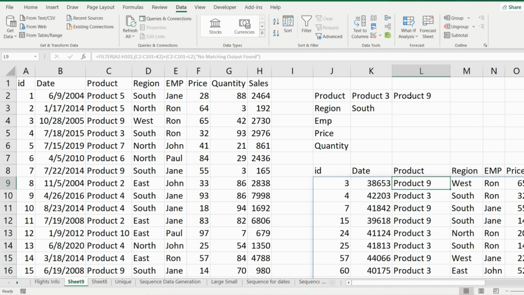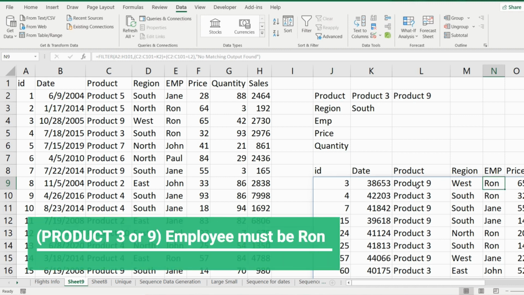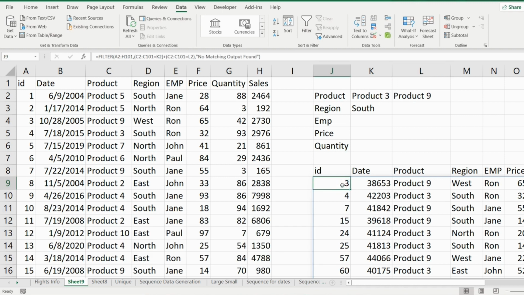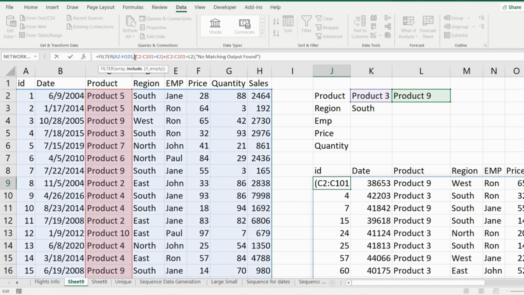What if we want to add one more condition to this? The employee who handled these sales should be Ron. So the product can be 3 or 9, but the employee should be Ron. For this, we will add an AND condition. Since the product can be either 3 or 9, we will enclose this condition in a separate bracket, and then we will write our condition to filter details for Ron.